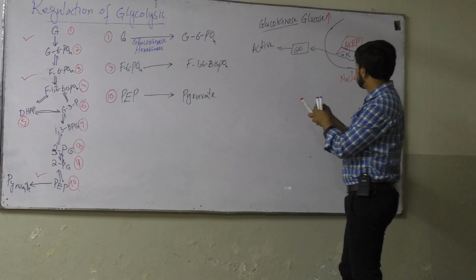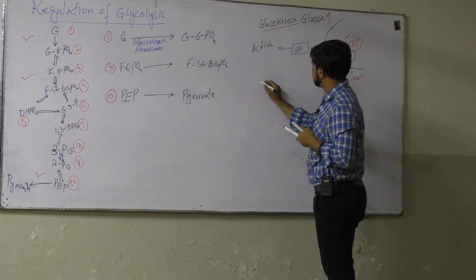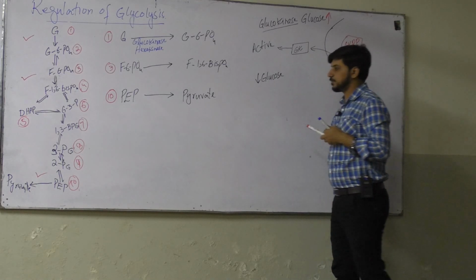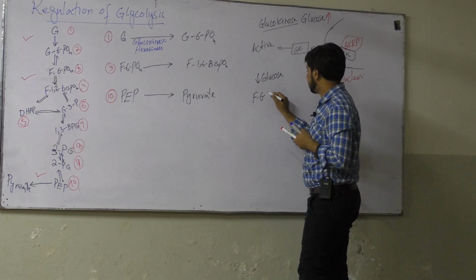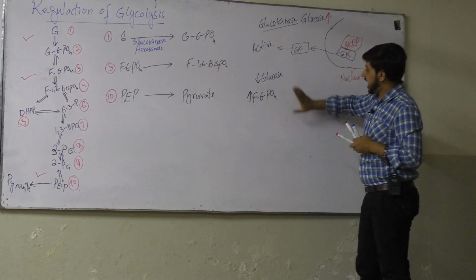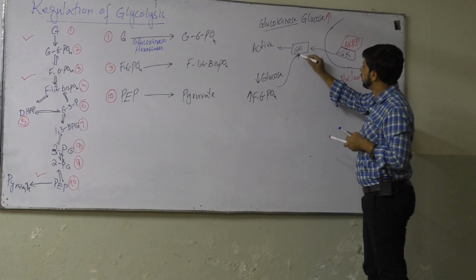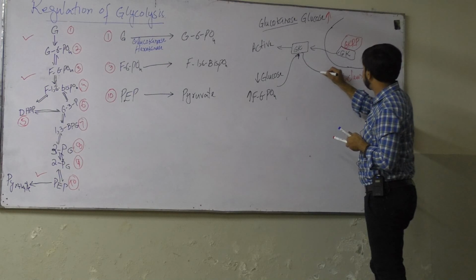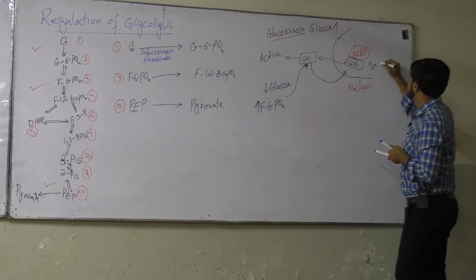Like this, for example, when we have a decreased level of glucose, as well as an increased level of fructose 6-phosphate, as a result of this, they will trigger the glucokinase, and it will go back to the nucleus,